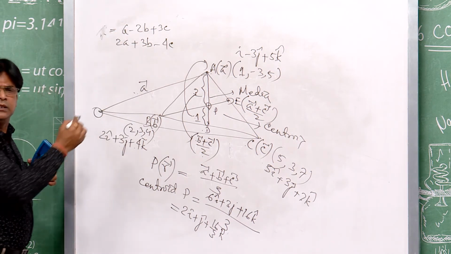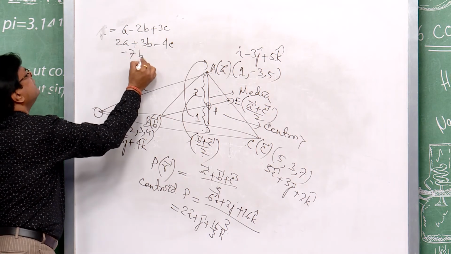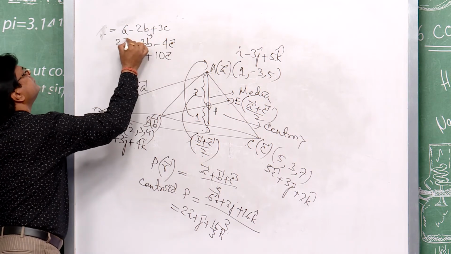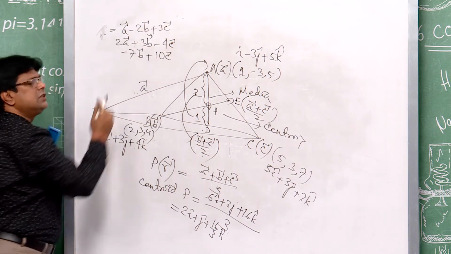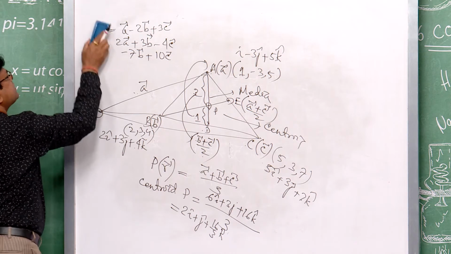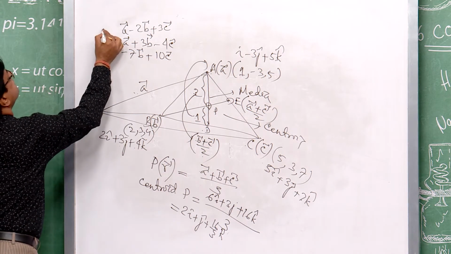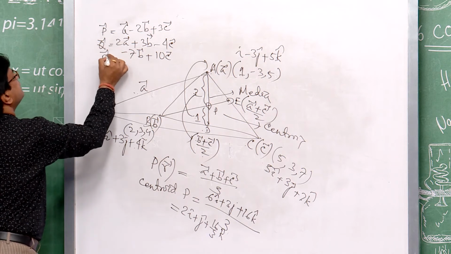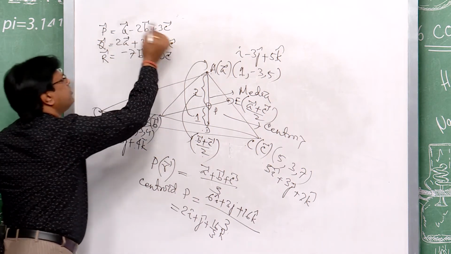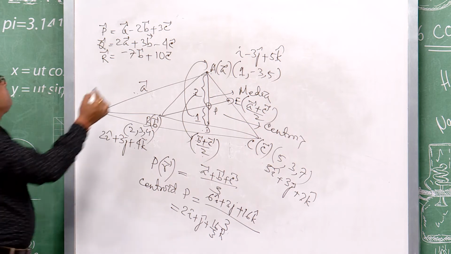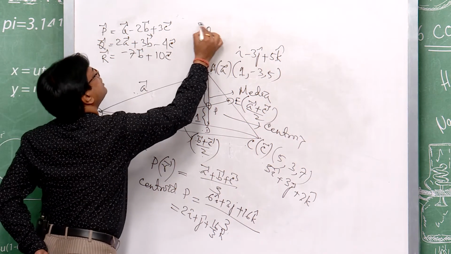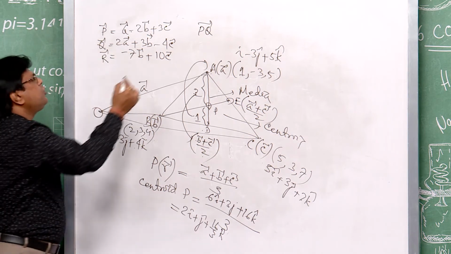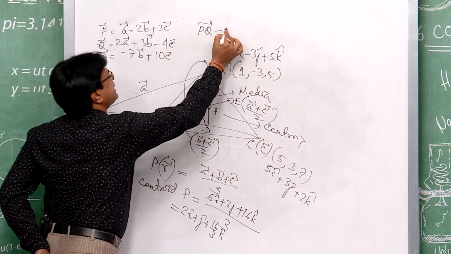And another is minus 7b plus 10c. These 3 vectors are given as, suppose, P vector, Q vector and R vector. So, this is a position vector PQ. You can easily find out the PQ vector, because this is a point, this is a point. So, the PQ vector can be expressed as some scalar